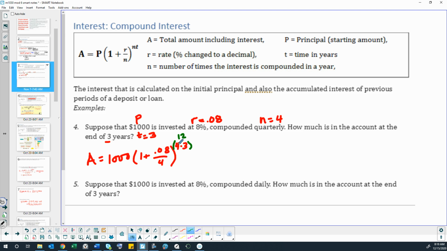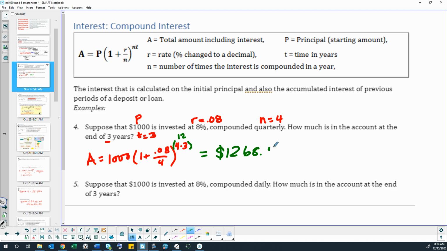Because if you type it in as a 4 and then times a 3, it might use 4 as the power and then just multiply the whole thing by 3, because the calculator won't know that both of those numbers are part of that power. All right, so I'm going to put this in my calculator and see what I get. I've got 1,000, a parenthesis, 1 plus 0.08 divided by 4, close parenthesis, to the 12th power. Since 4 times 3 is easy to do in my head, I'm just going to use that as my power. So that gave me